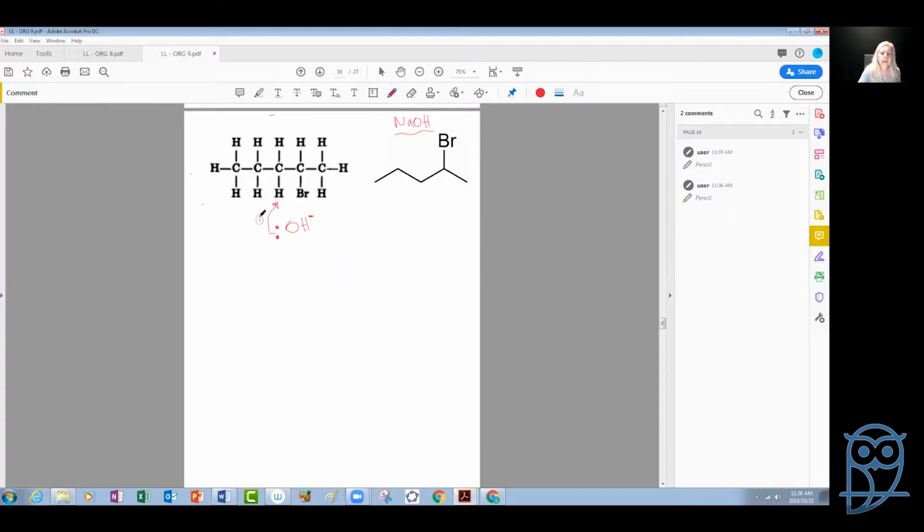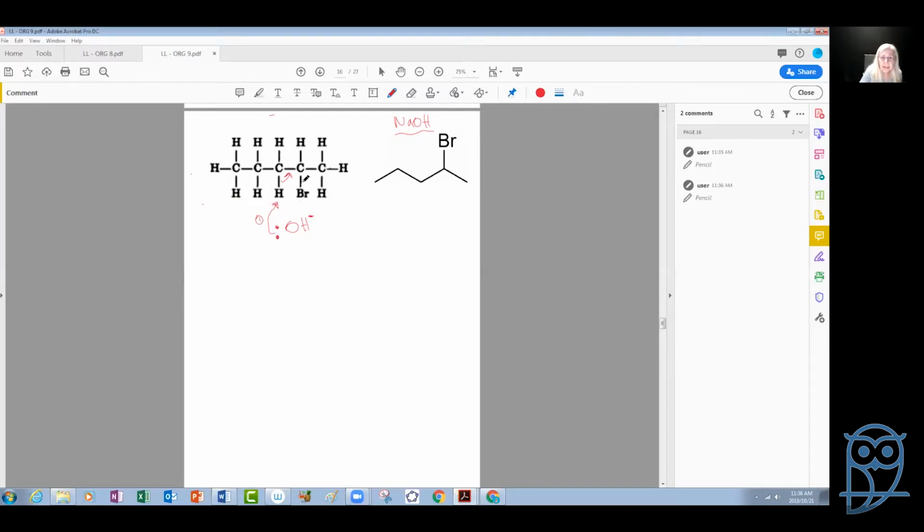And so if the hydroxide ion attacks this proton, what happens? The pair of electrons of this bond between carbon and this hydrogen will become a double bond with the other carbon,